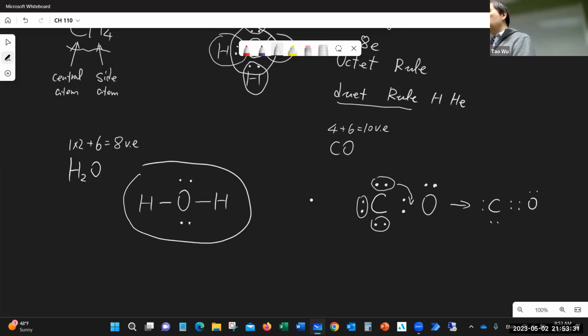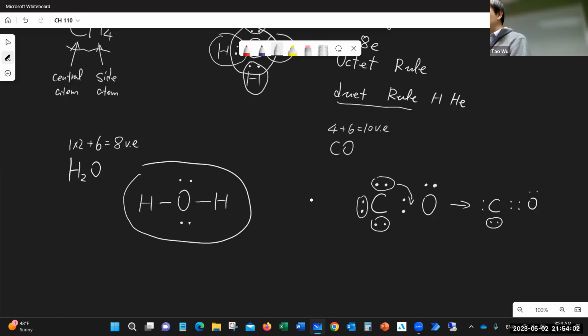Well, then you can check, okay, carbon is still 8, but oxygen here went from 4 to 6. So they have 2 more. But the point is, this is still not feasible. Then what are we gonna do? What are we gonna do to make the oxygen 8? If one pair doesn't work, then go 2 pairs. Okay,